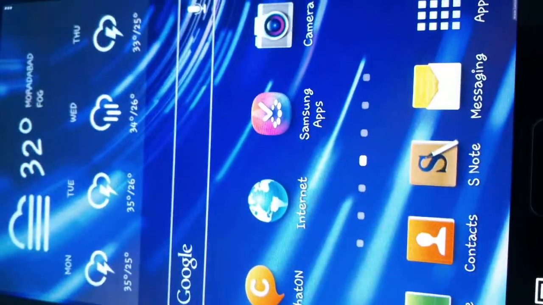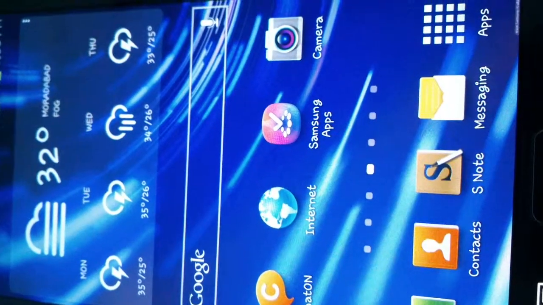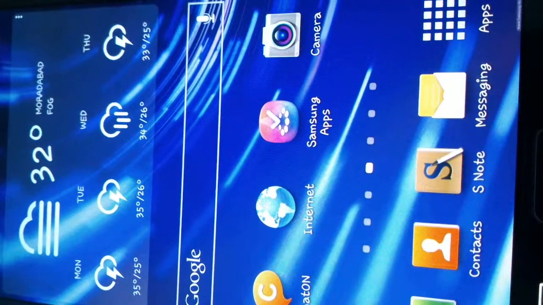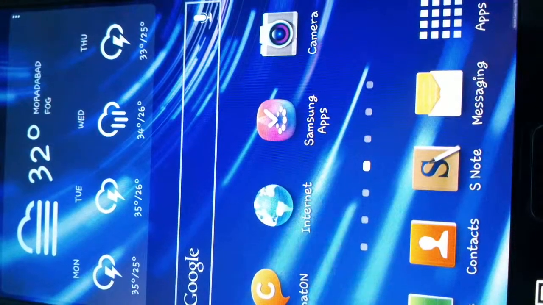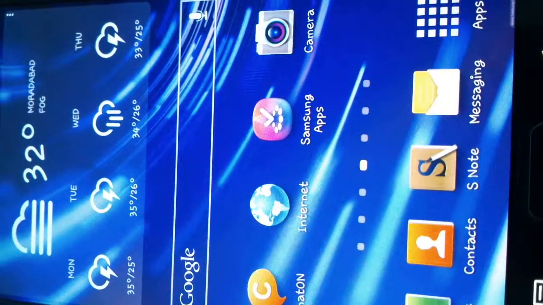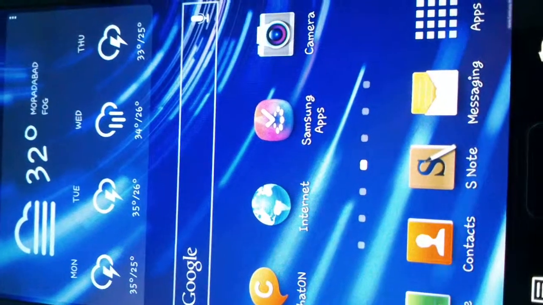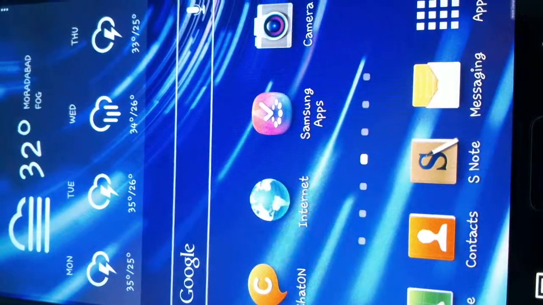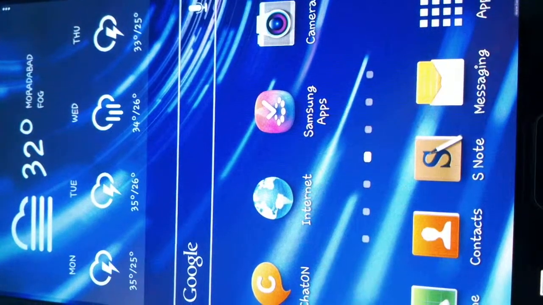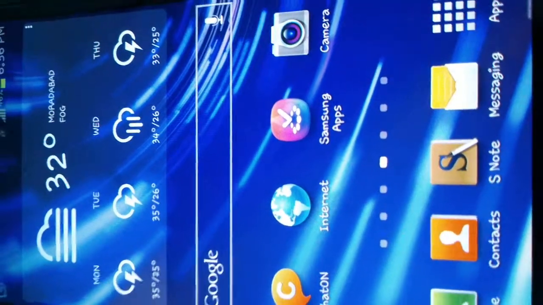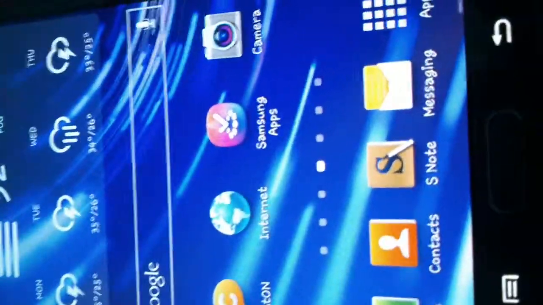Also, one limitation of the Freedom app is that you can use it only for in-app purchases. So what about the games which do not have in-app purchases? Like in Temple Run, we have in-app purchases only for coins, but we do not have them for the points or the distance we walked. So now I'm gonna show you how to do that. I'm gonna show you in Subway Surfers. So let's open it.